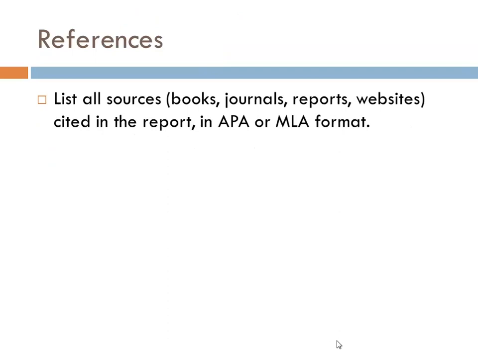Then after this, you have to list down the resources, like a few of the things you are going to adopt or copy, modify, or you are understanding and rewriting in your own words. So you have to list the sources from where you have taken that data: journals, reports, websites, books, etc. You have to do the proper citation in the report in APA format.